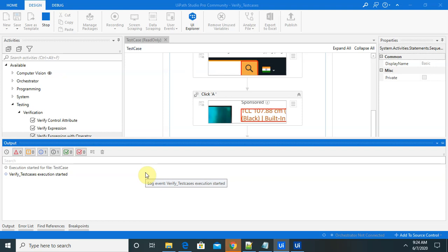Let's wait for the execution. Once it reaches the failed status, it will immediately write the fail message and the complete statement.